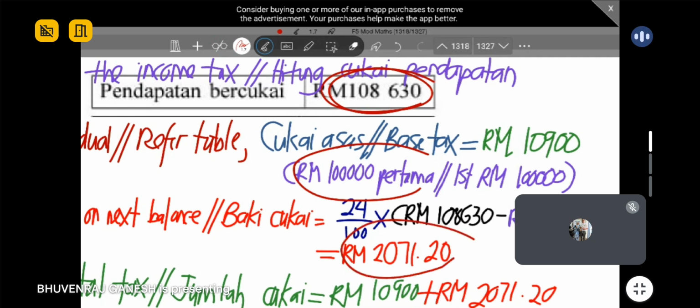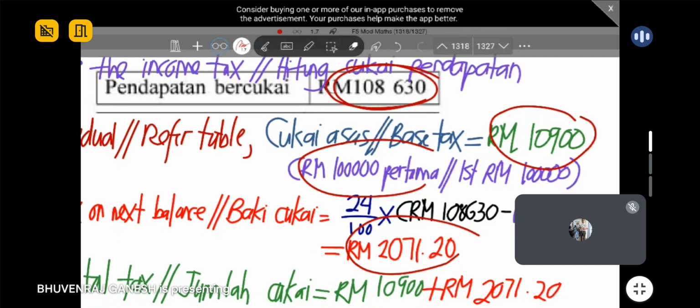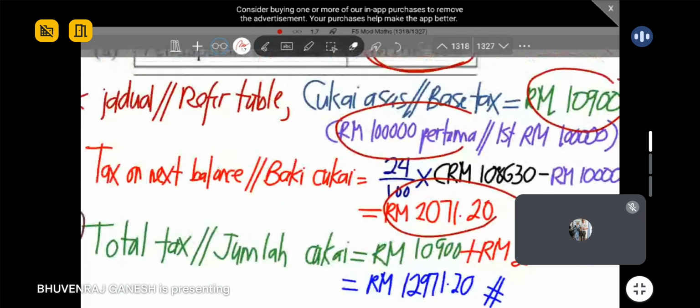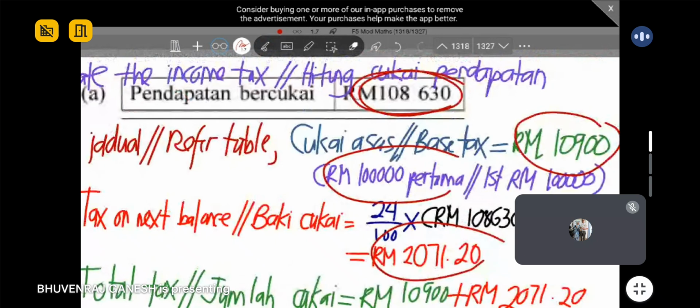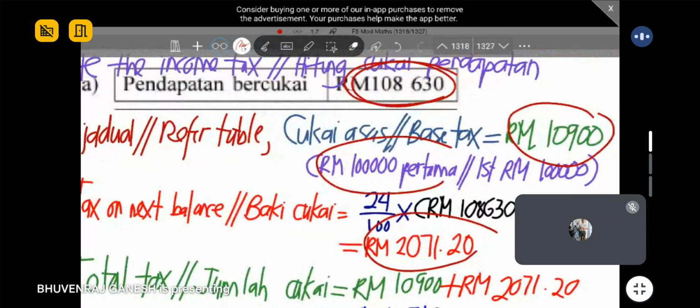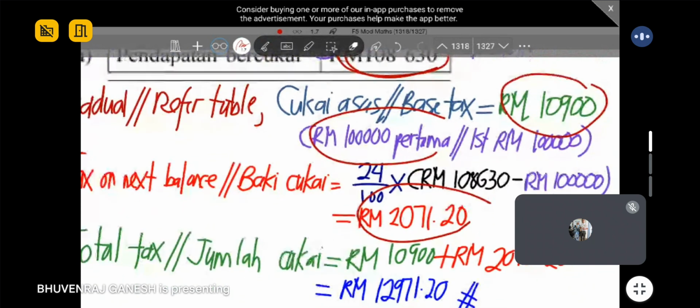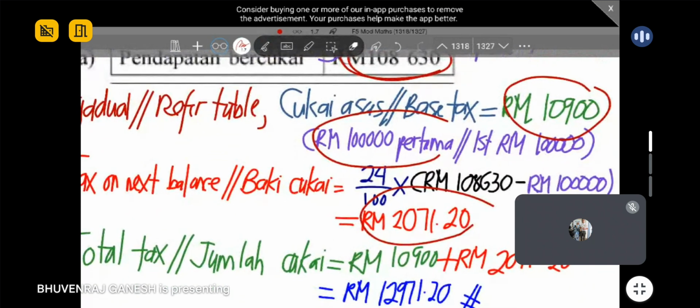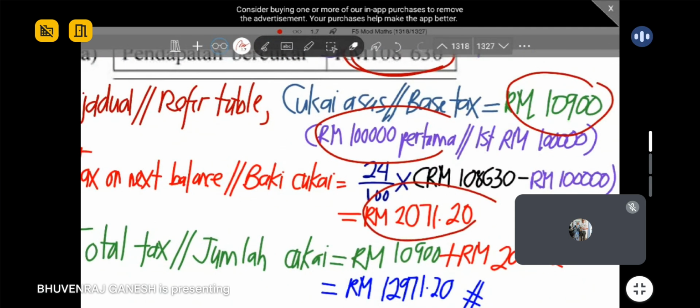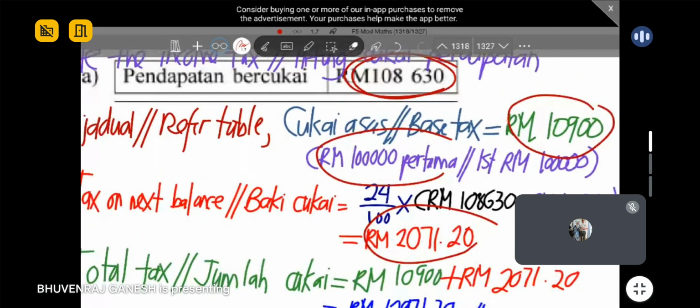Okay, then dua-dua nilai yang kamu dapat, kamu tambah. You add both the values. That is your total income tax. Okay, guys. So if this question, you see everything, is there anything special I need to minus at the end? Adakah ada apa-apa perkara istimewa yang saya perlu tolak kat akhir? Yes or no? If you refer all the value,